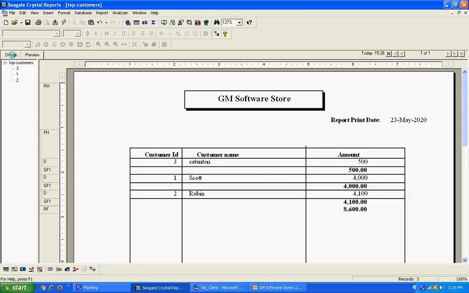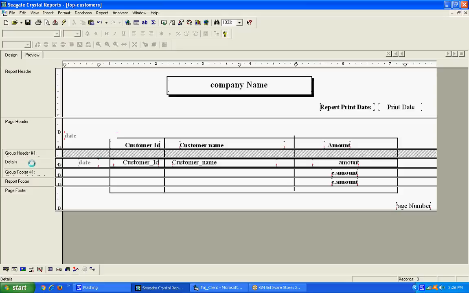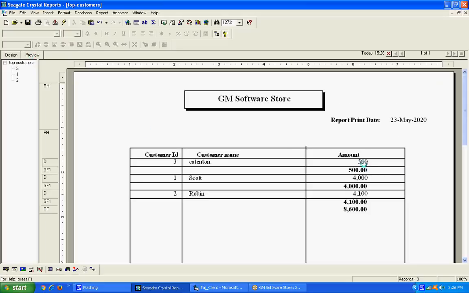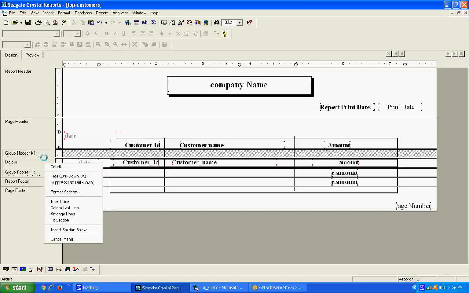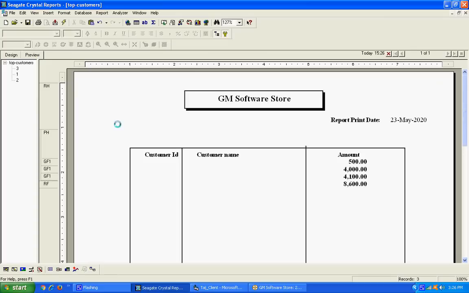We are going to design. We don't need any detail here, because as the customer enters data it shows 500, 600, 700. We are going to close this detail, therefore we don't show any of this record.